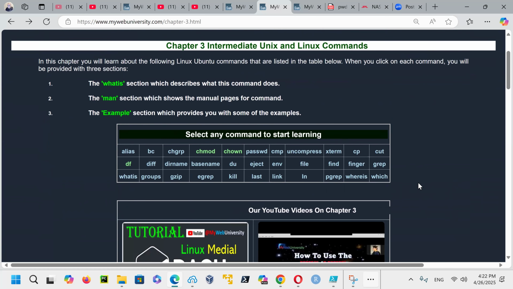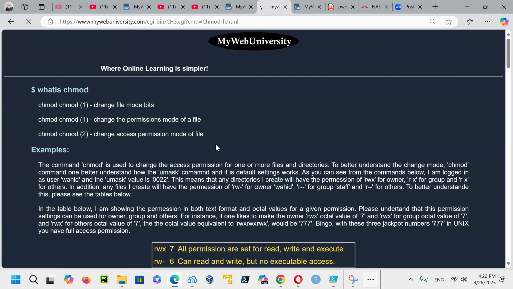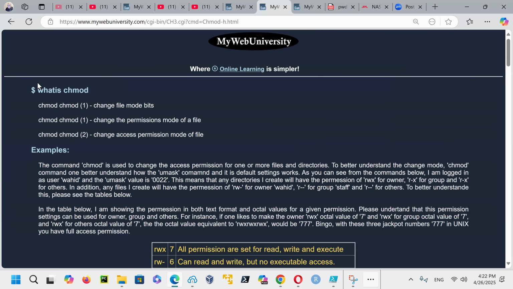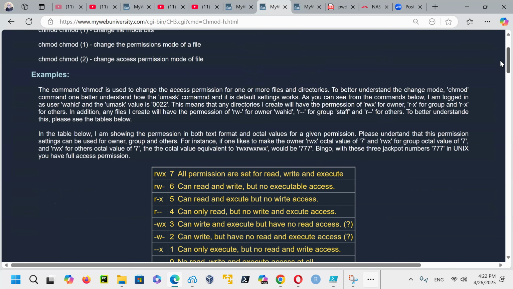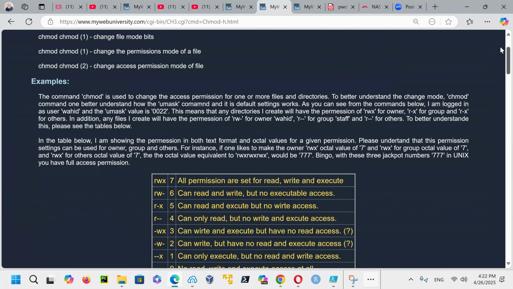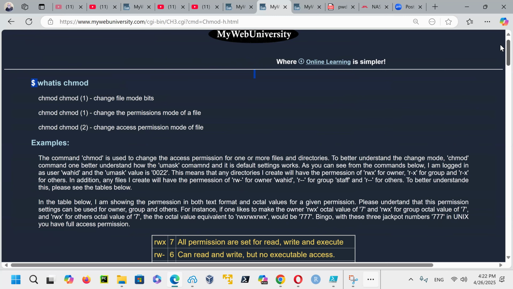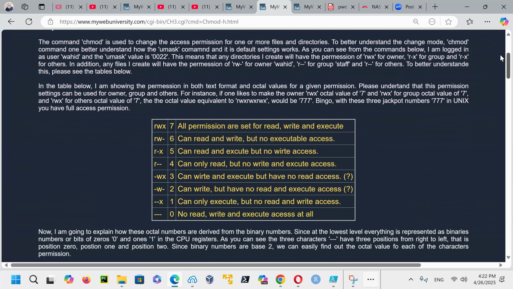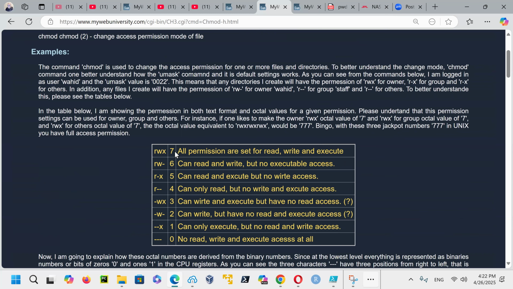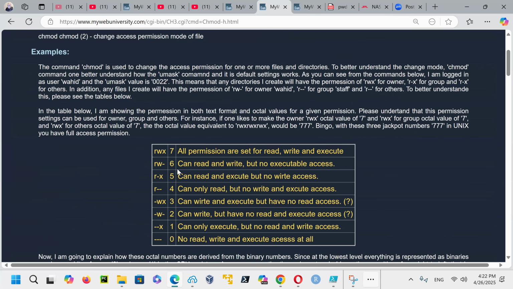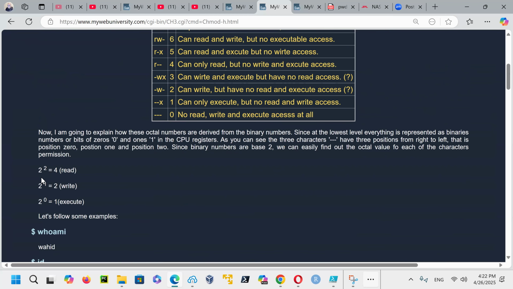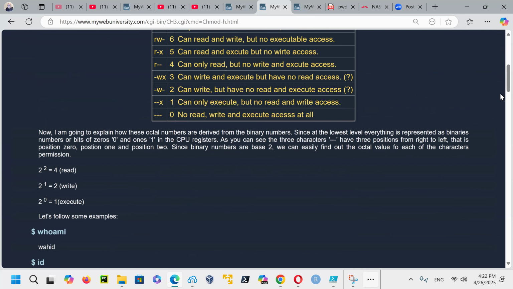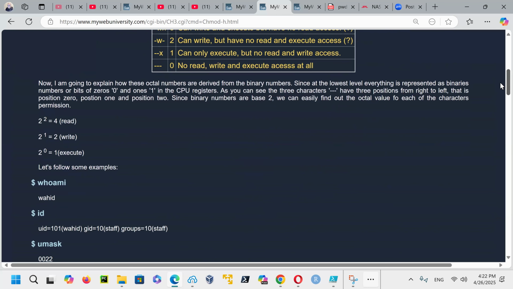So in order for me to protect the website, like for example with chmod, I had to provide the users some kind of interface to learn it while I could protect my website. And I wrote these chmod, chown, chgrp in a book format. You can see that read, write, execute is octal number 7 and read, write is 6. And I explain all of that conversion here with umask and everything. So read is 2 to the power of 2, which is 4, and read gives a read access, and so on.